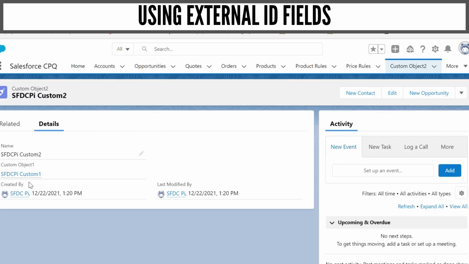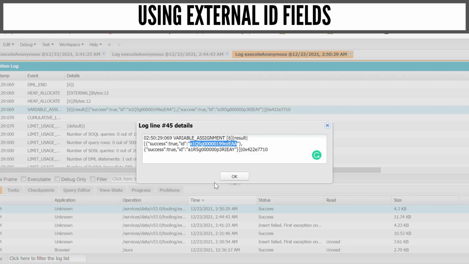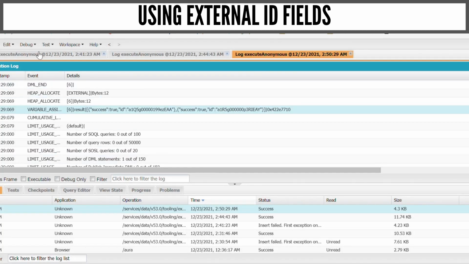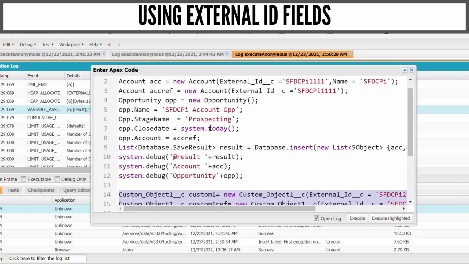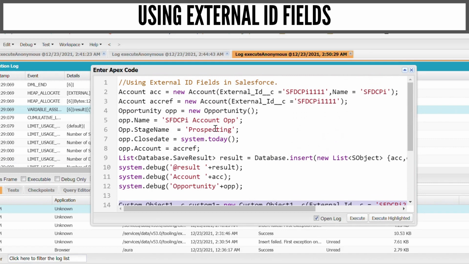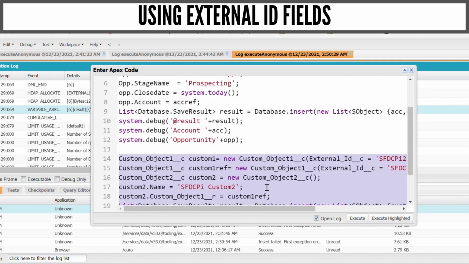Here you can see that we have also got the reference. So this was how we can use the external ID to insert a parent or child together, or if we have a parent,